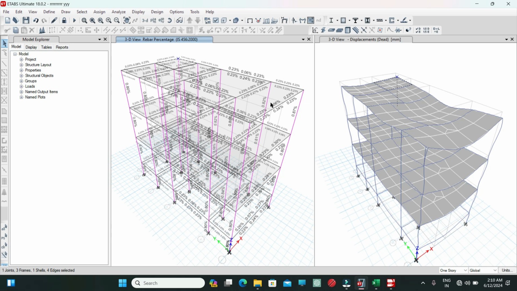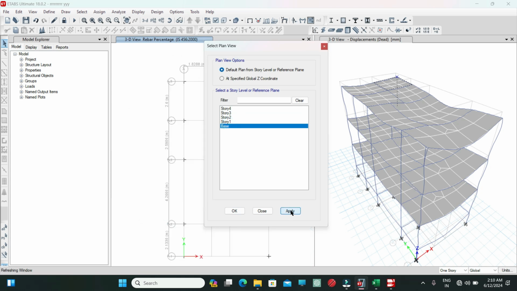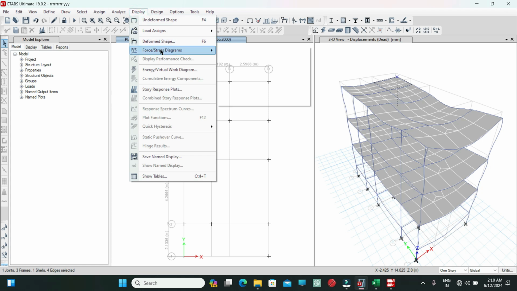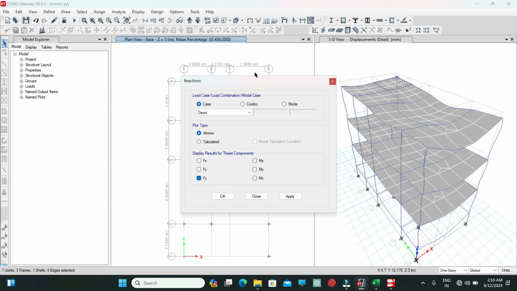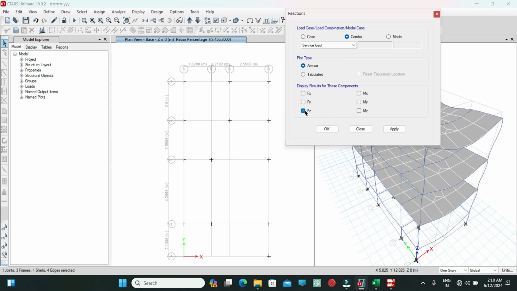So the remaining parts are designing of the footing and the designing of the slab. For the designing of the footing, we have to know what are the moment and the load acting on the footing. For that, first click on this window and then select the plan view. In the plan view, select base and then click on apply. OK. Now click on display option. In this click on force diagram. In this click on support reaction and then here select combo and here select service load and then here select